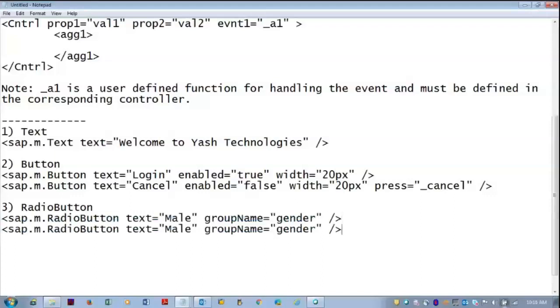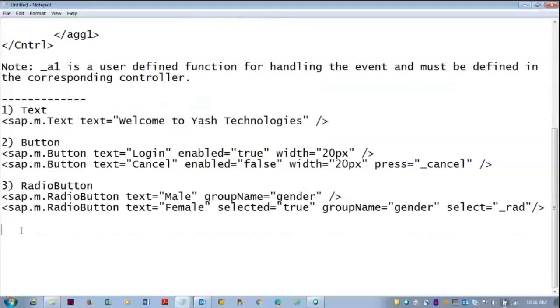For the other one the text must be female, and it must be selected by default. So you can set the selected property to true, and the group name is gender. You can have the event for the radio button as select, and anything you want to perform you can do in the corresponding controller.